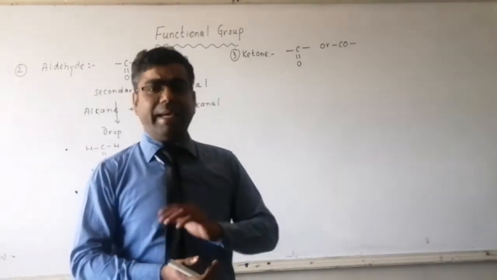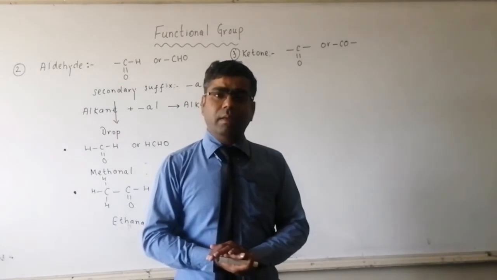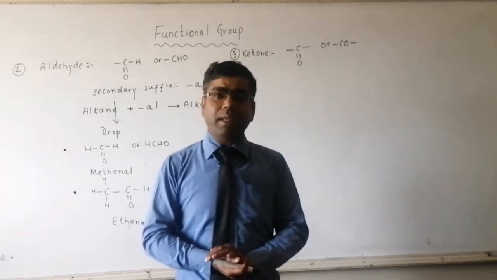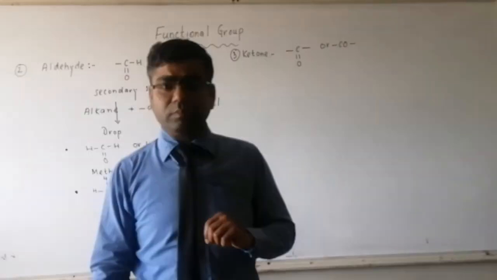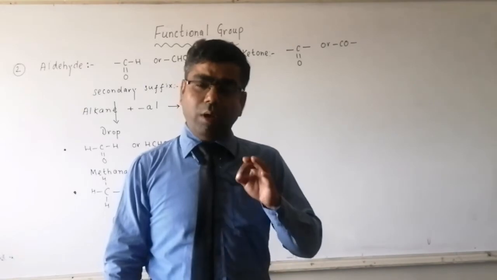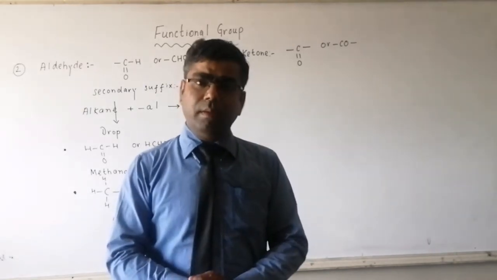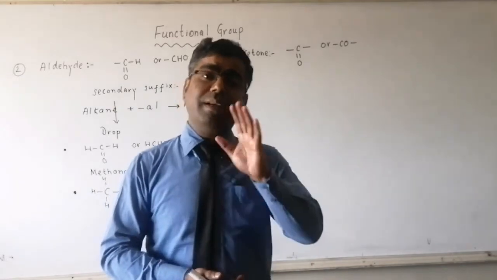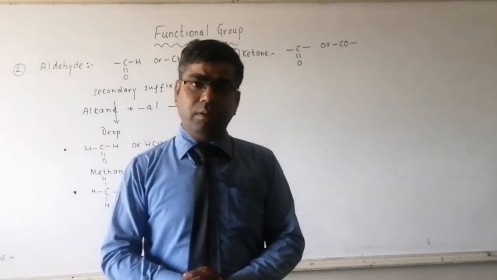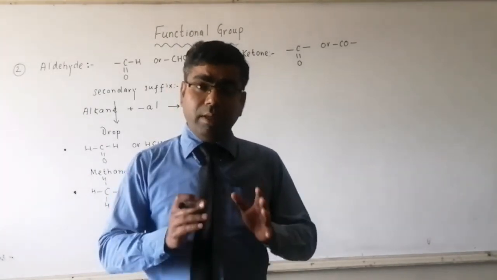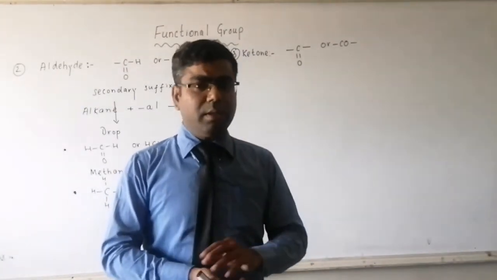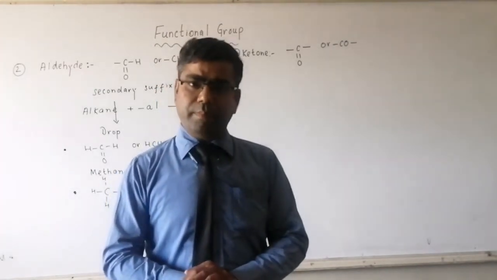So here we can say that if we talk about the first member of ketone, the simplest member, we will require a minimum of 3 carbon atoms. It is the only functional group which starts with 3 carbon atoms, while others can start with 1 carbon or 2 carbons. So it is the only compound where the first member needs 3 carbon atoms, because the group is non-terminal in nature.